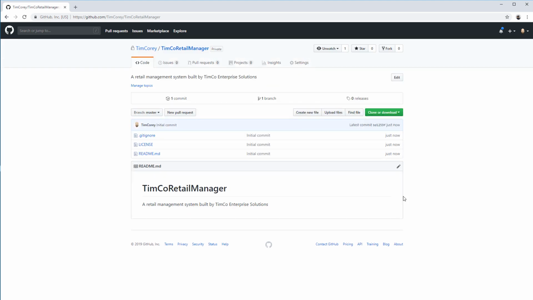There we go. Our repository is created. Notice we have 1 commit, 1 branch, and 0 releases. So a commit is a bundle of changes. In this case, we have 3 things in that initial bundle: the gitignore file, the license file, and the readme